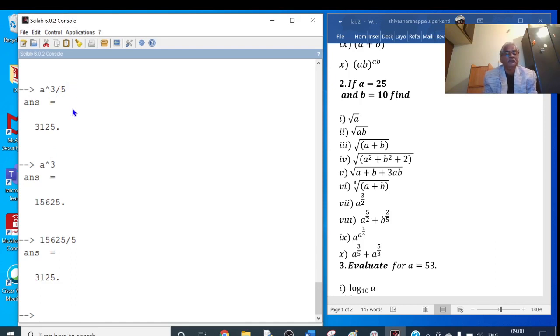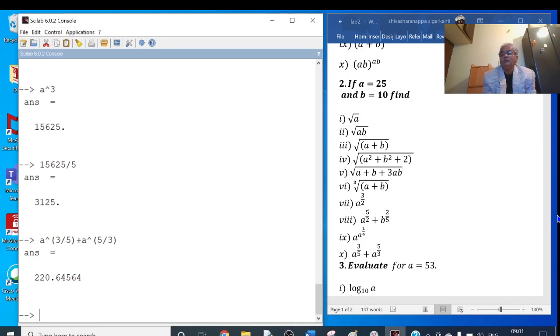Therefore you have to put a bracket for this. Here I have to write like this: a to the power of 3 by 5, bracket close. I'm sorry, I have to write the cap here: a cap (3 by 5) plus a cap (5 by 3), again in bracket 5 by 3. Bracket close. This is a to the power of 3 by 5 plus a to the power of 5 by 3. Press enter button. So this is the value.